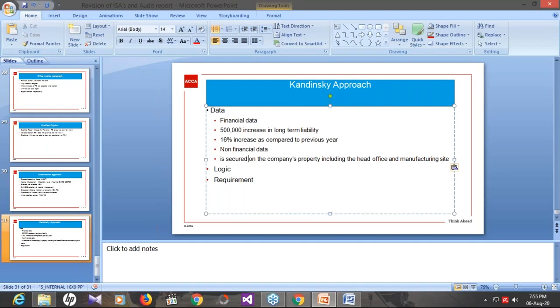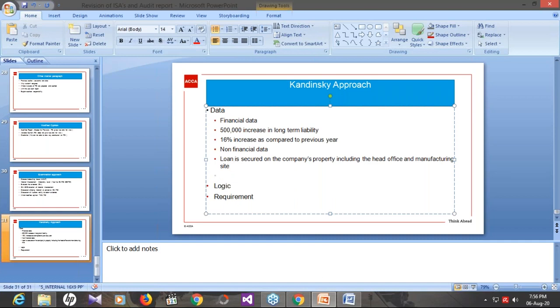So I have written here, the loan is secured and it is secured on the company's property, especially the head office and the manufacturing site, in which the production area is included. So the area in which the company is producing the product, that is the chocolates and different confectionery items, that area is basically mortgaged to the bank, and if we do not pay back the loan in time, we cannot use that production area and it will be a disaster for us. So this is the point.